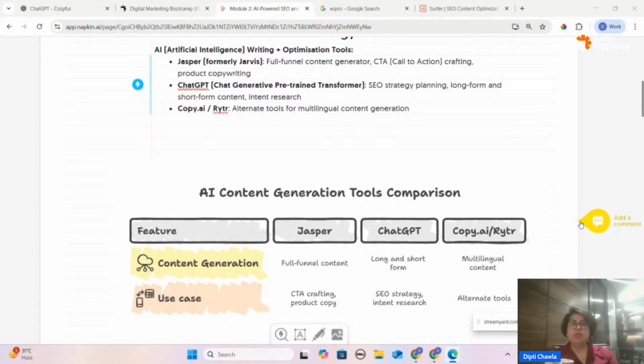Now for the full funnel, Jasper will help you create every part of the funnel. You know how to create a funnel, that brain you can use, but Jasper will help you create very good content for every section of the funnel. After that, ChatGPT will help you with the planning and strategy.